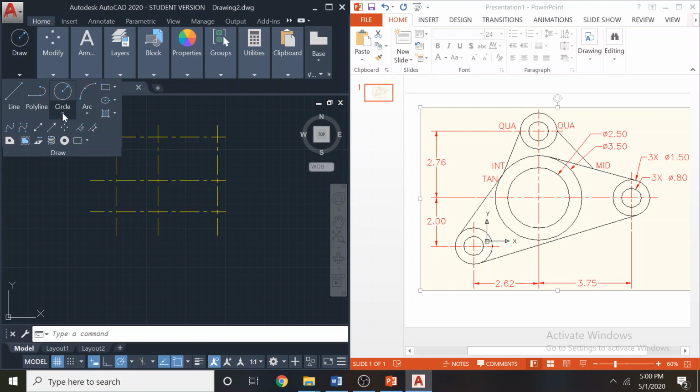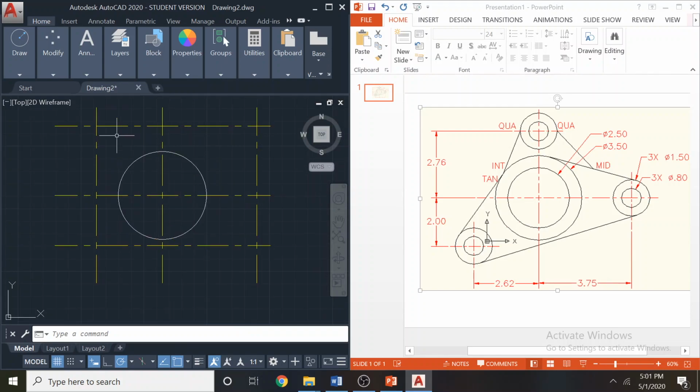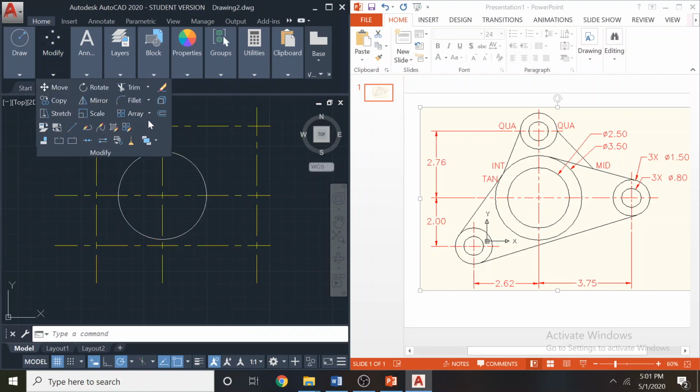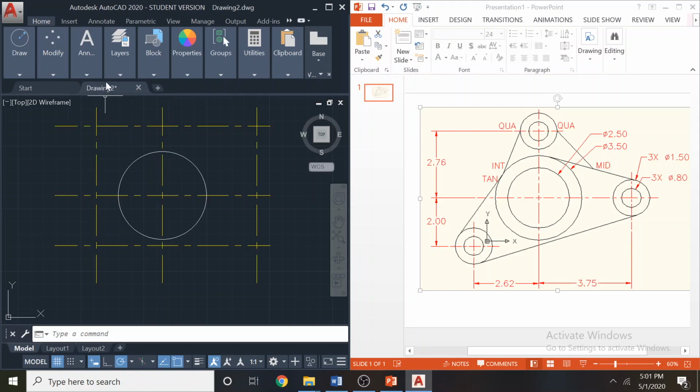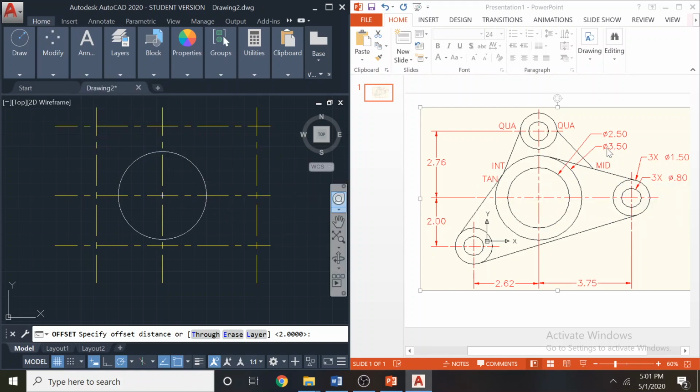Now these are center diameters. This diameter is 3.5 outer one. If you want you can use the offset tool again to draw a circle. Rather than drawing a circle again, the offset tool also can be used. The offset value here, 3.5 minus 2.5 is 1.